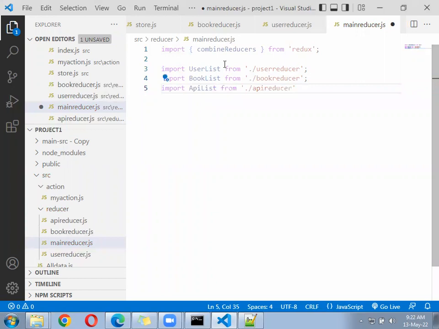After that, if there is one reducer, then there is no need for combineReducers. Inside the project we have multiple components, and for each component we have to maintain the data. For that we have to create a separate reducer. When you have multiple reducers, you cannot send an individual reducer to a store. You have to combine all the reducers together, and the main reducer will go to the store. So when the main reducer goes to the store, it will carry along the userList, bookList, and apiList. So right here, const mainReducer